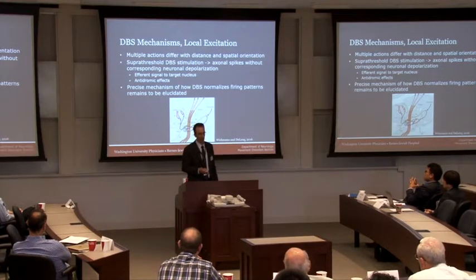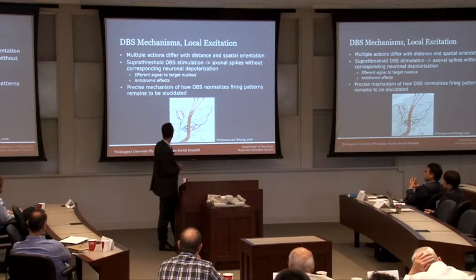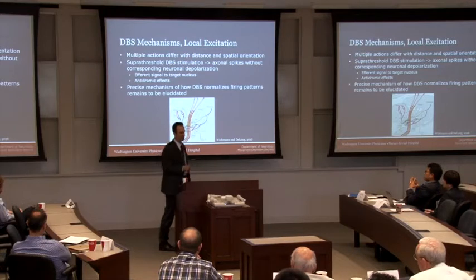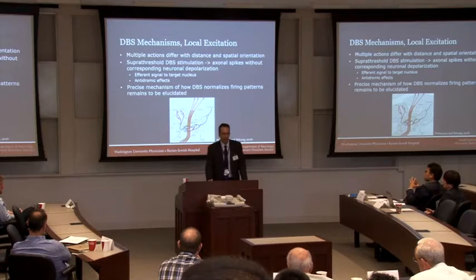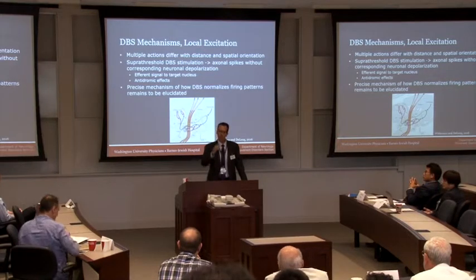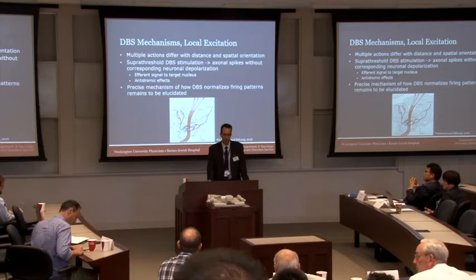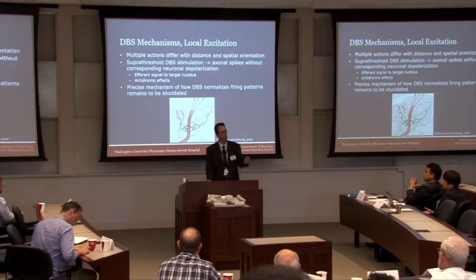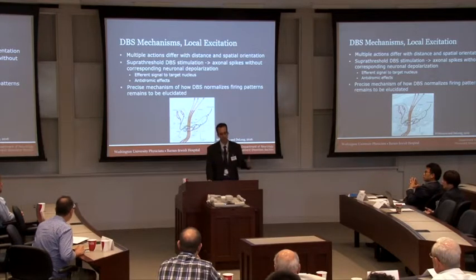McIntyre, Butts, and Grill have done a lot with this in modeling these areas of the brain and demonstrated that multiple actions differ with regard to the distance and spatial orientation of these electrodes. That gets a little bit more complex because there are different levels of stimulation resulting in different actions. Suprathreshold results in axonal spikes, so the axons themselves pulse at the high rate, the 130 or 185 hertz. Subthreshold results in spontaneous action potential